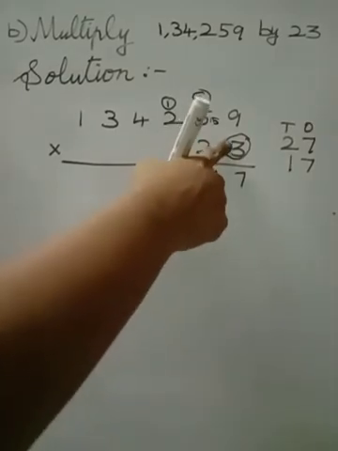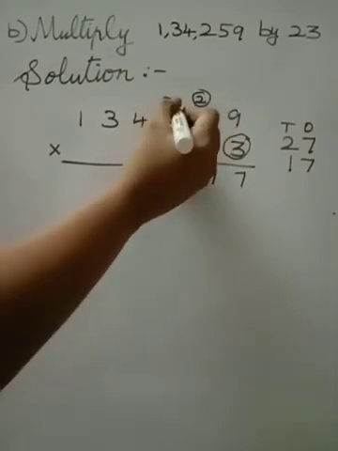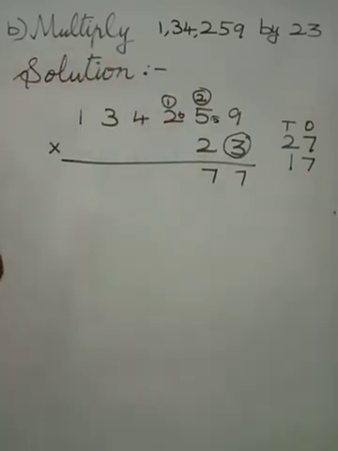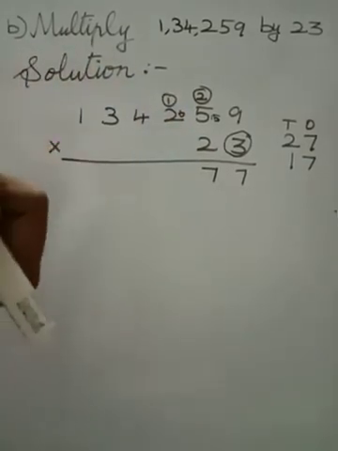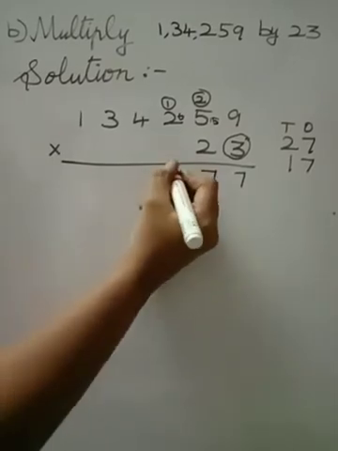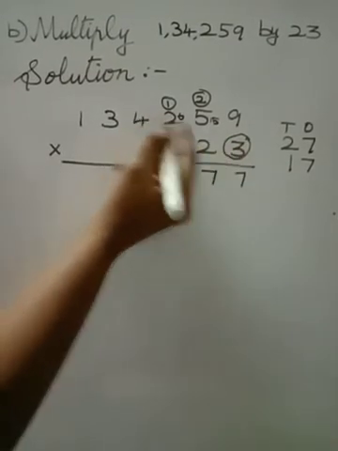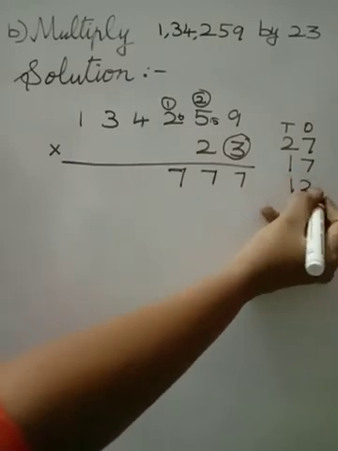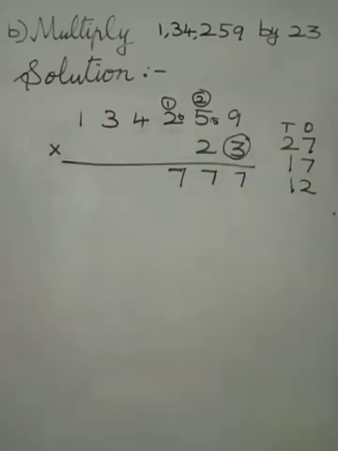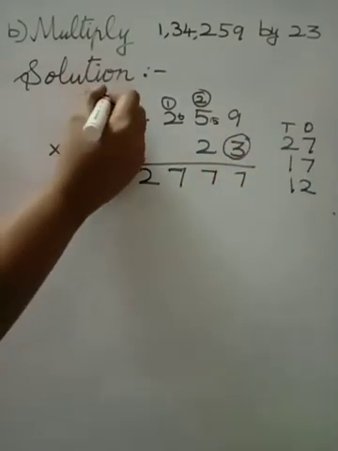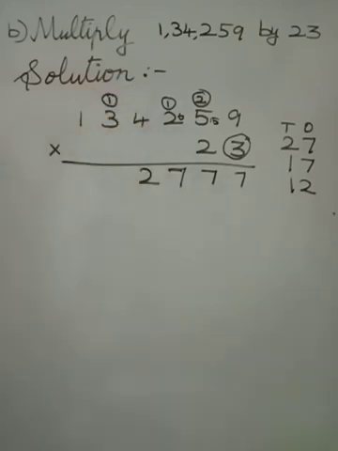Again with the 3, 3 2s are 6. 6 plus 1: 6 in the mind, 1 in the finger, 6 after 7. Only one digit, so you can write the digit as it is. Next, 3 4s are 12, a 2-digit number, because after this we are having another number. So 3 4s are 12. Ones place number 2, and the tens place number 1 in the next carryover.